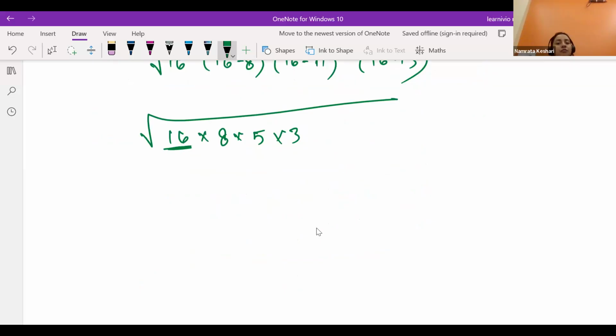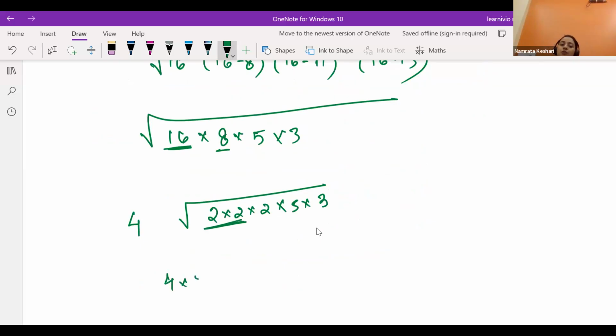So 16 is a perfect square number, 4 times 4, so 4 will come out. 8, let's break this 8. We will be having 2 into 2 into 2 for 8. 5 we cannot factorize. 3 we cannot. Now only one more pair we can notice from here, that is 2. That means 4 into 2 will remain outside, and 5 3 2, this will remain inside the root. So 8